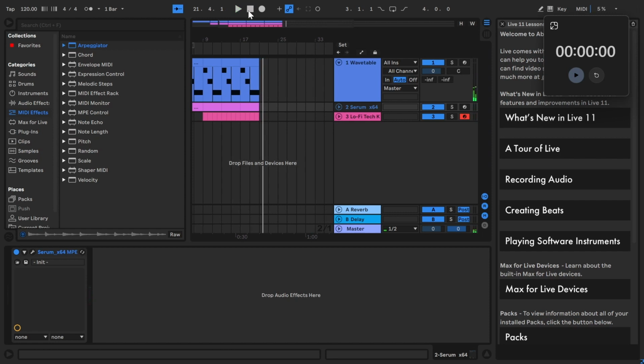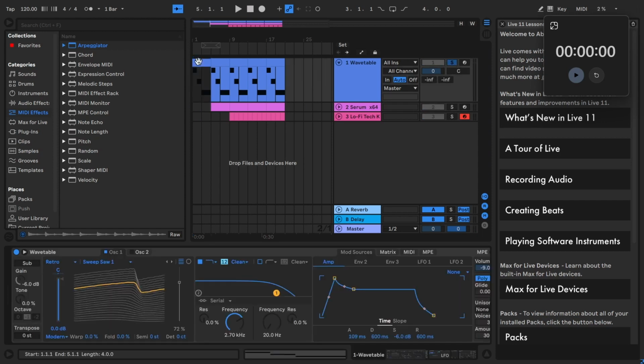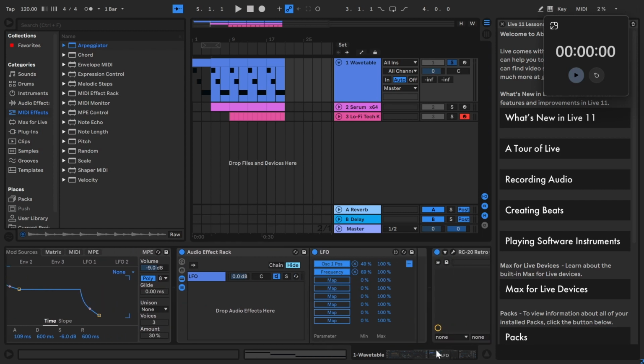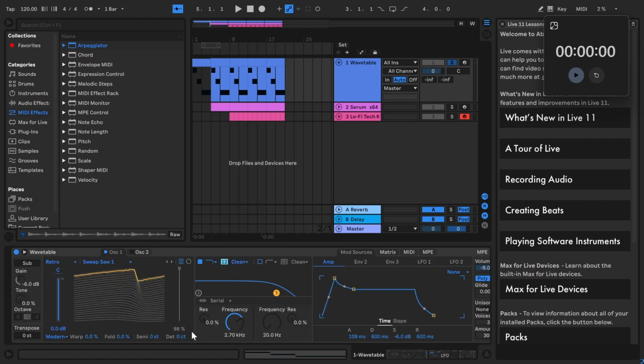Alrighty, start at the top, typical stuff. Over time I'll get better at this process, but so this first sound, we're just using a wavetable and sweep saw. And using that, we have a completely useless audio effect rack with an LFO in it, which does the position 49 to 100%. So that basically means it's just in between 49 here and 100 here, and you can check on the side here. We'll get down to 49, and then